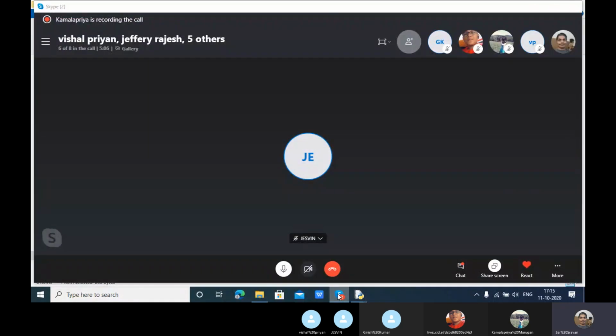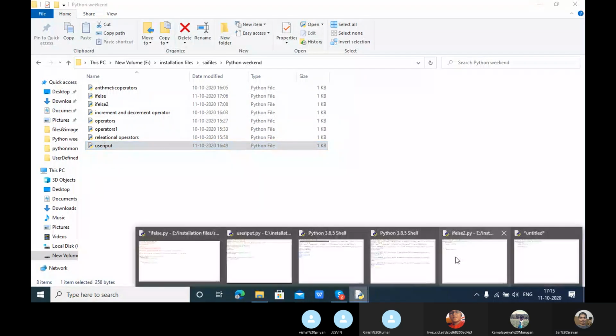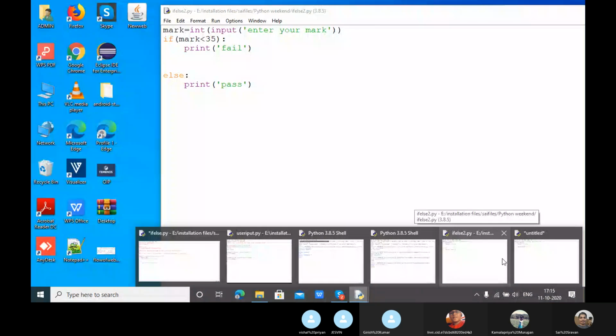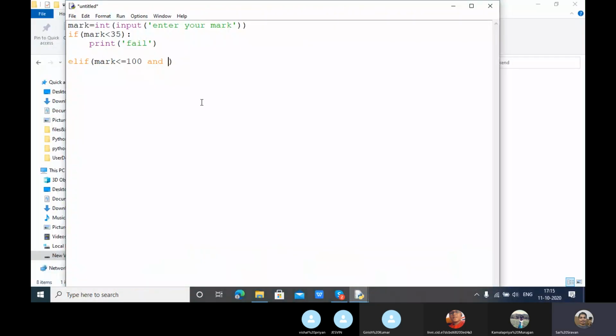Yeah. So now here we are using another concept, the elif condition. Inside the elif we are using another operator called the AND operator. So what is the purpose of this AND operator?